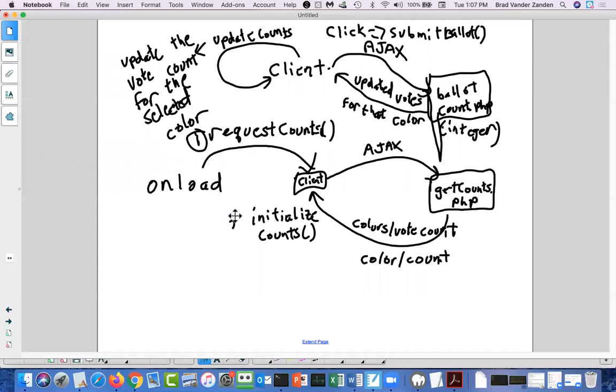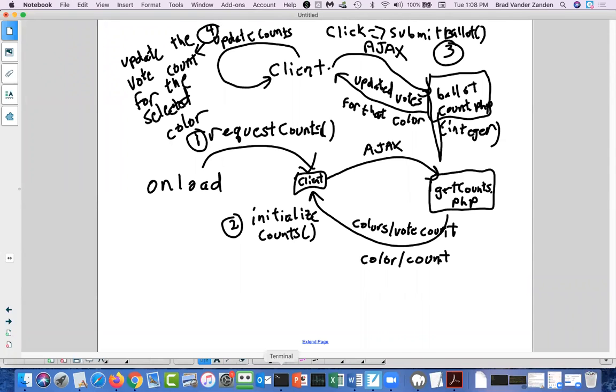You're going to write initialize count, which is going to set the labels of the radio buttons to the counts. You are going to write submit ballot, which is going to send an AJAX request to the server with the selected color. And then you're going to write update counts, which is going to update the counts for that one specific color.